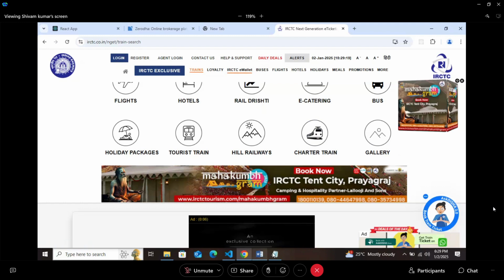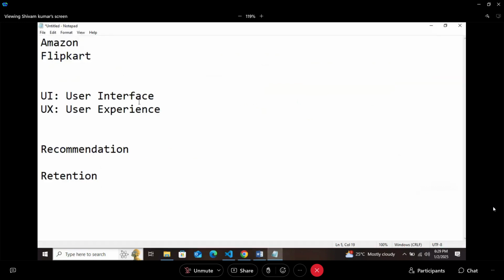User interface, we understood that, okay, this is the design, color, text, font, whatever. What is user experience? Ease of use. Ease of use means how easily people can use it.